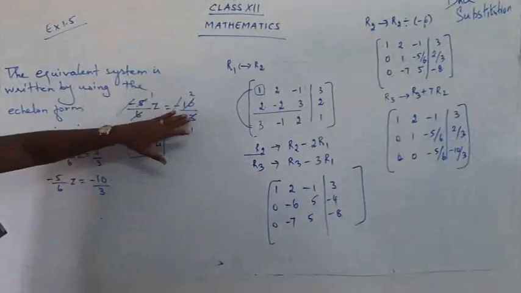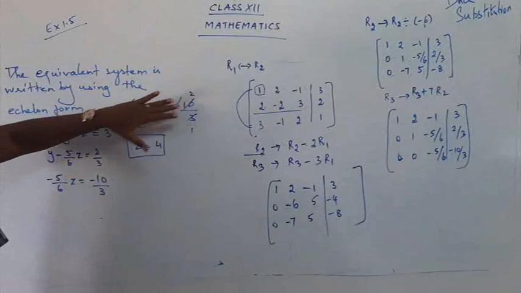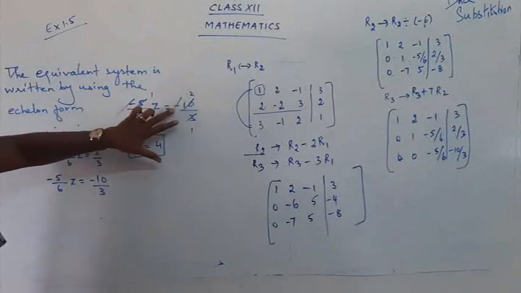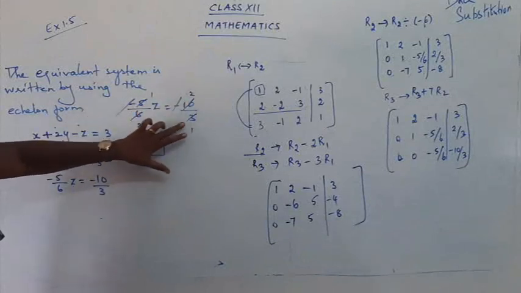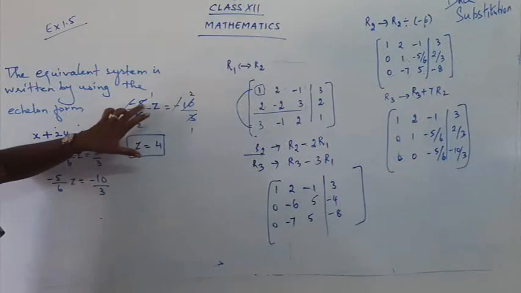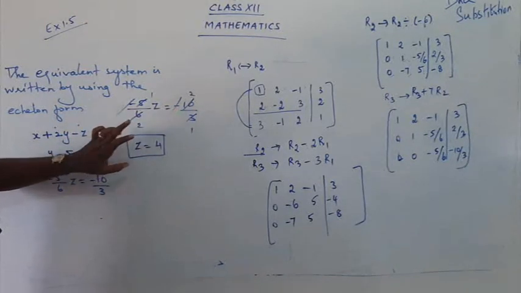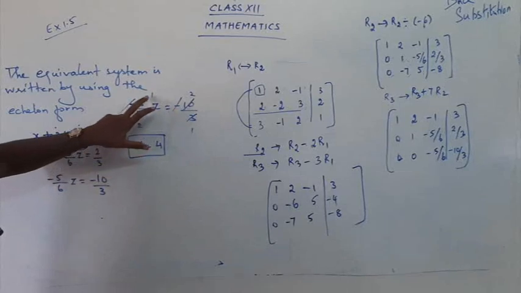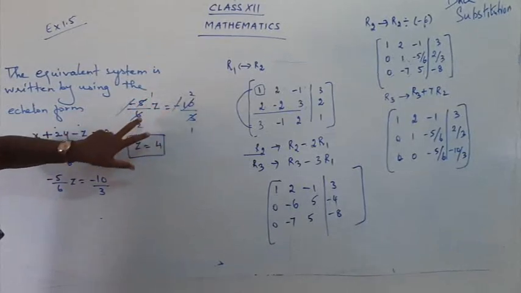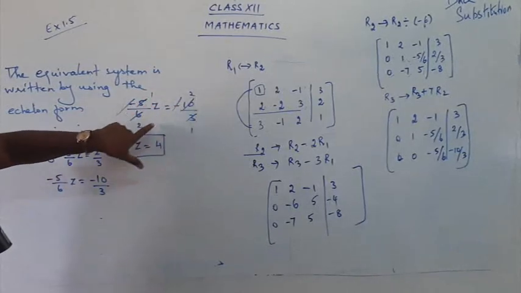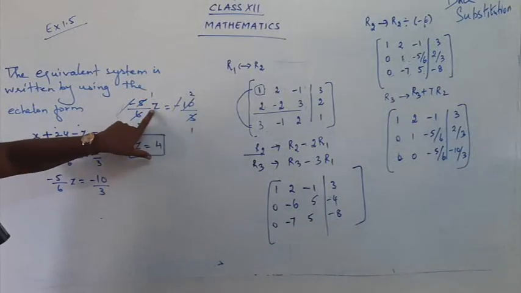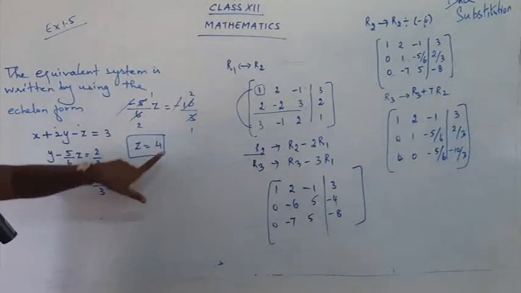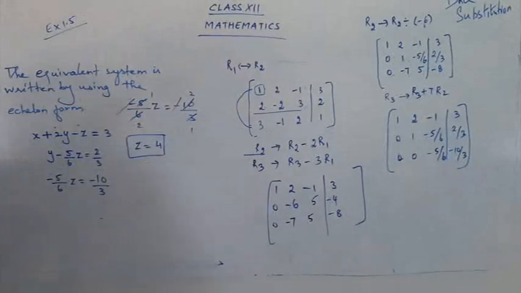See, the denominator can be cancelled, the numerator can be cancelled. So I cancel minus minus, 3 ones are, 3 twos are, 5 ones are, 5 twos are. So what is left here? 1z. So z is equal to, and this 2 will go here. When you cross multiply, here we have 1. So 1 into z is z, 2 twos are 4. So z is equal to 4. Done. Now you are going to go for the second substitution.